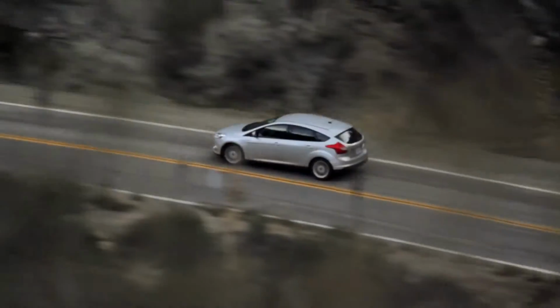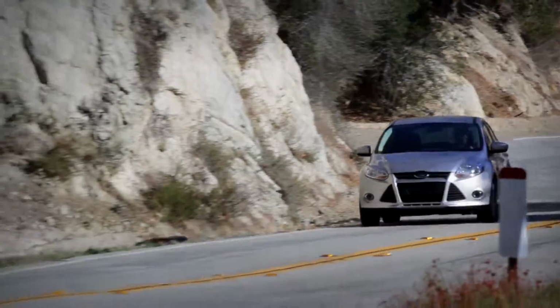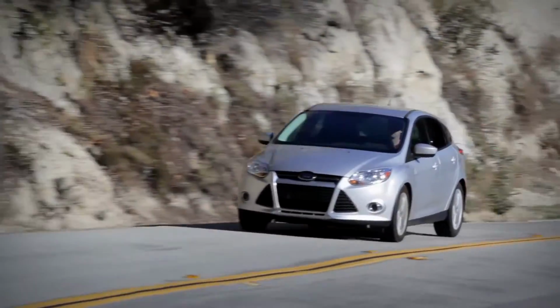The reason Todd and I like doing these comparisons back to back is because we jump out of one car right into the next, and the differences are immediately apparent. And let's be honest, if you jumped into a Radio Flyer wagon right out of the Subaru, it would handle better. But